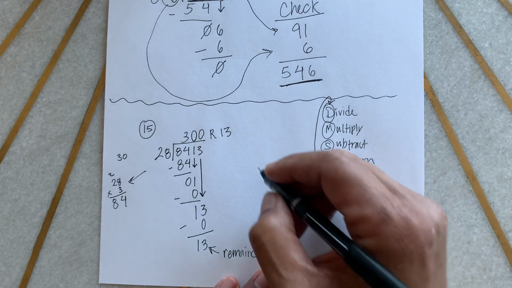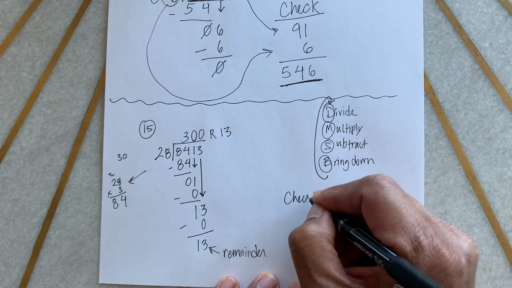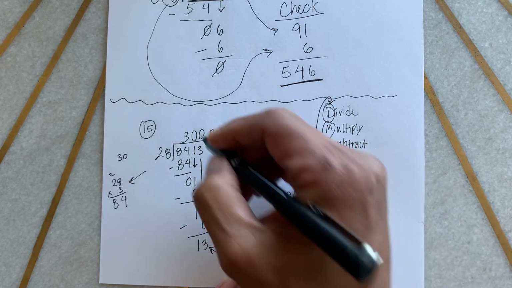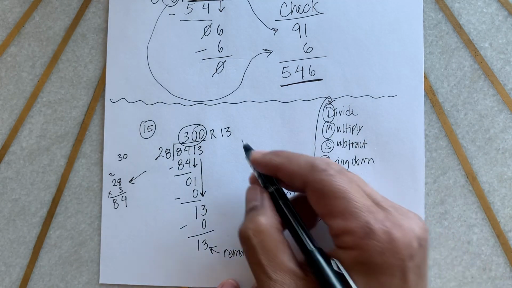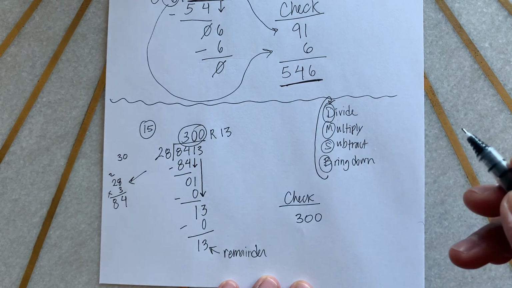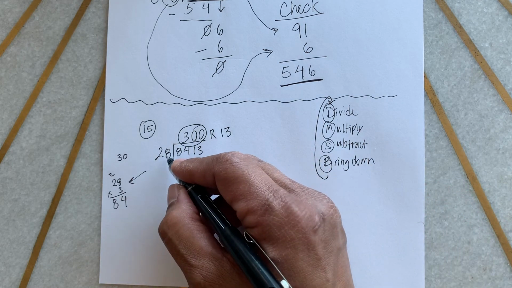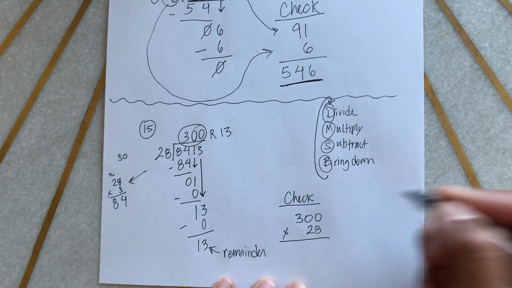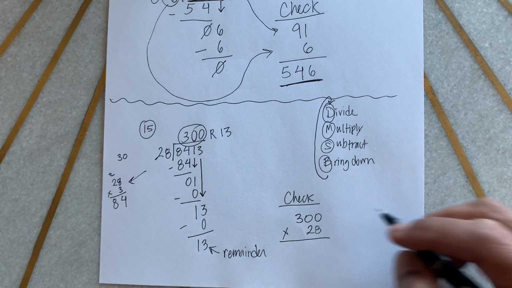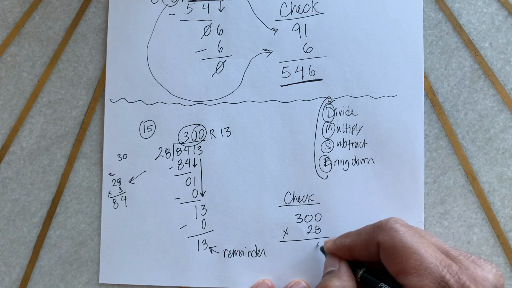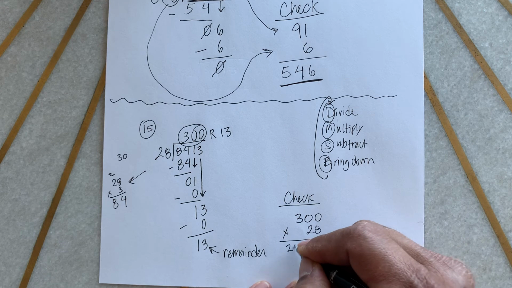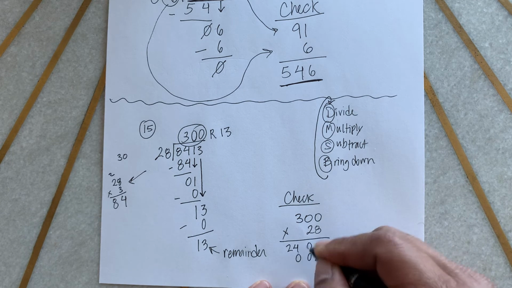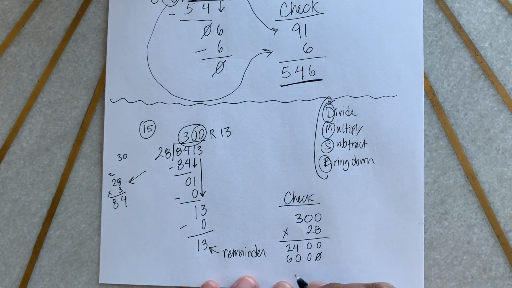And real quick, if you want to check your answer, you're going to take your answer you got, 300. We're going to ignore the remainder right now, okay, but just for a little bit. And we're going to multiply it by the divisor, which is 28. Okay. And just to go through it real quick, 0, 0, 24, placeholder, 0, 0, 6, and I'm going to get